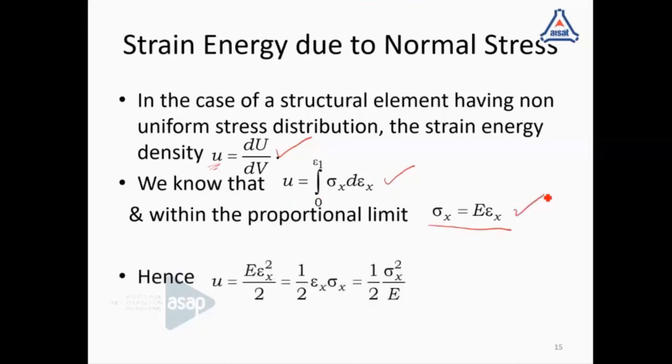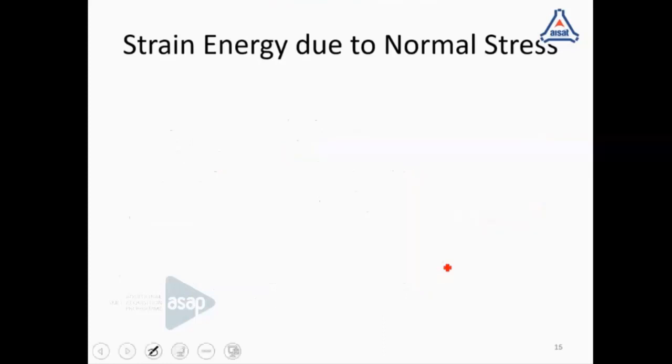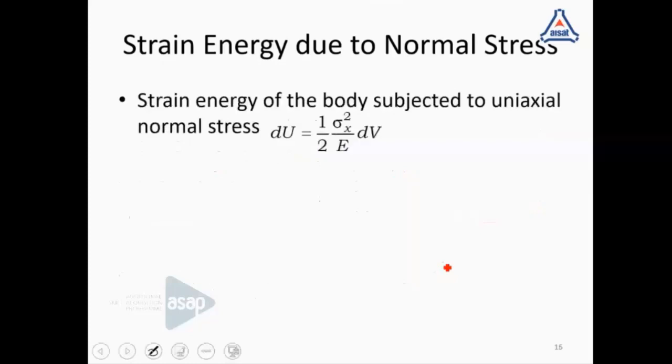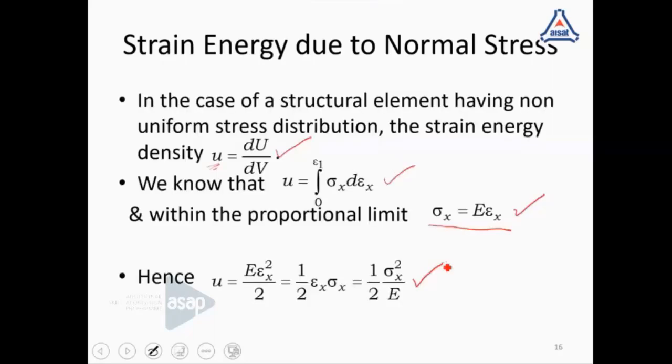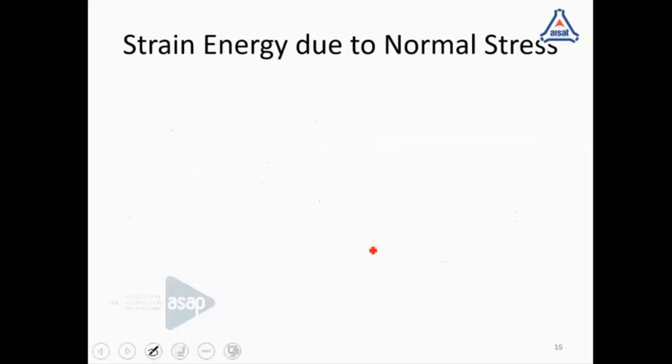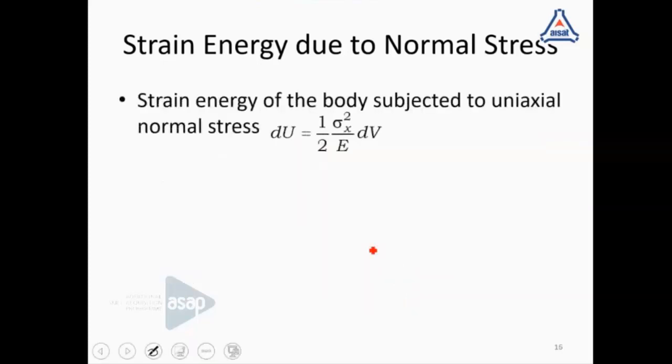So using this, we can write the strain energy density as half of sigma x squared by E. That expression is also already explained to you. Now, this can be used in the expression du by dv, and that expression and this one can be combined to write du is equal to s into dv,